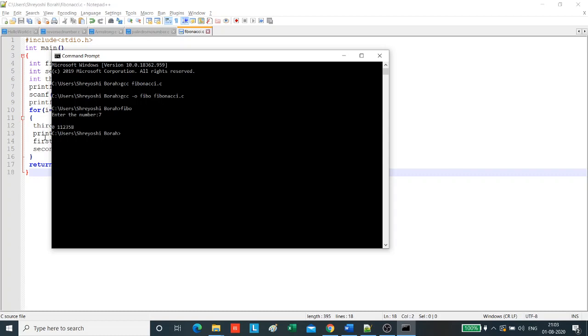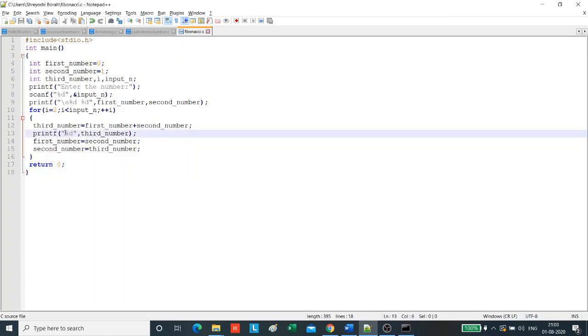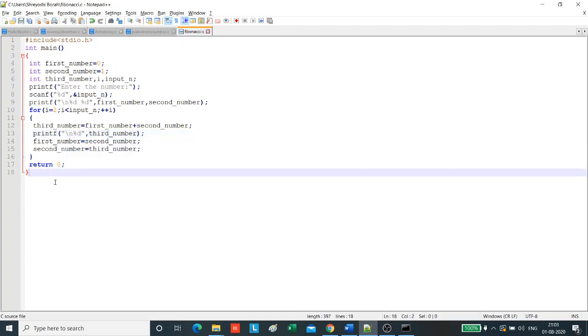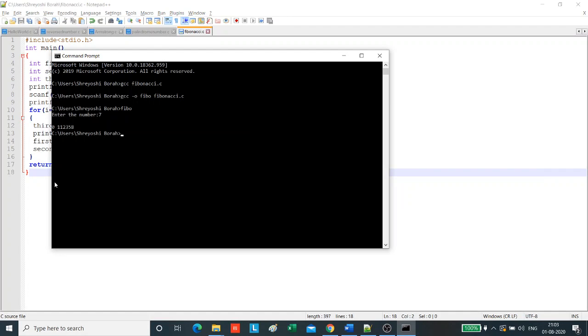We can also edit it here and print a new line. Now let's see if it changes anything.